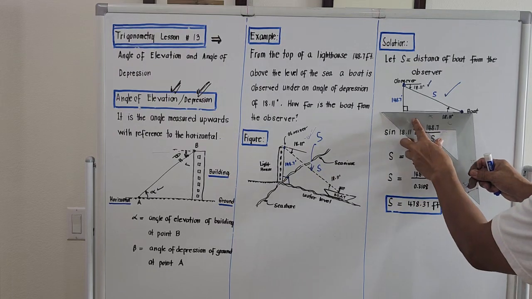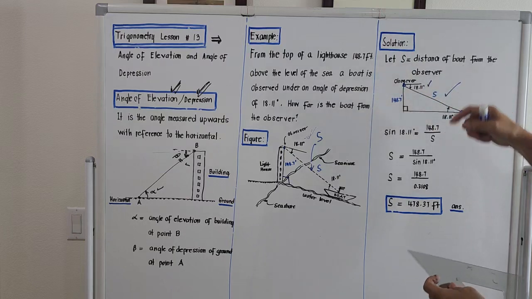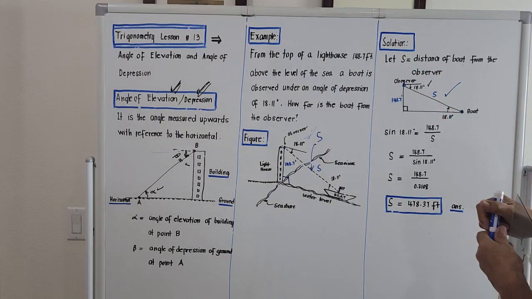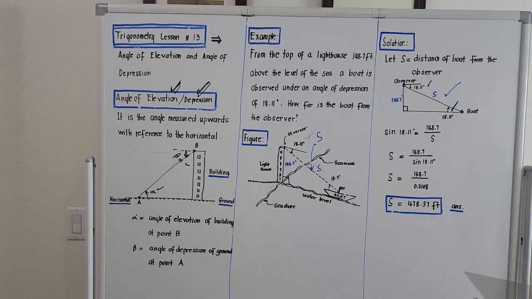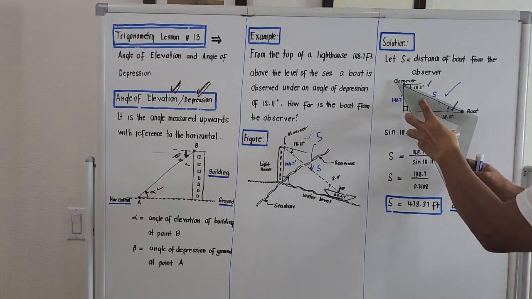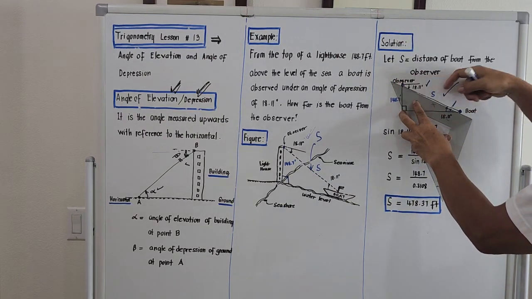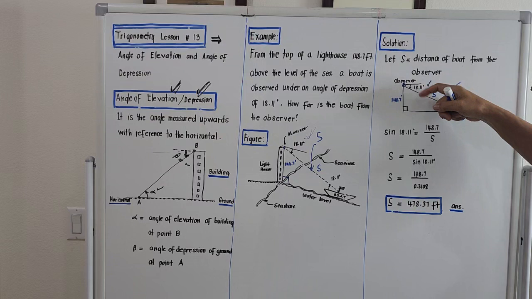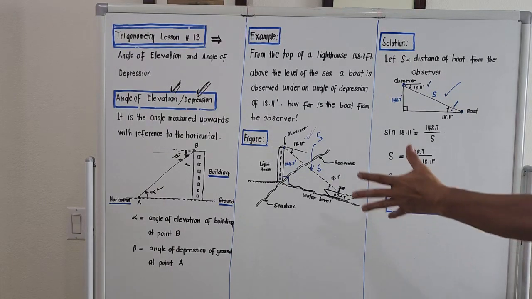If this is a horizontal line and this is a horizontal line, this is 18.11 degrees. So if this is 18.11 degrees, this should also be 18.11 degrees. They are congruent, right? This line here extends, intersecting the horizontal line here, and intersecting the horizontal line here. So if this angle is 18.11, this should also be 18.11. So we now know one part of the resulting right triangle involving the lighthouse and